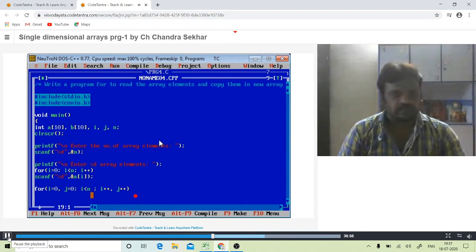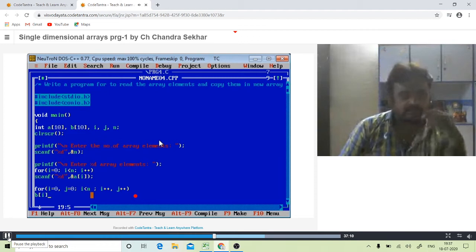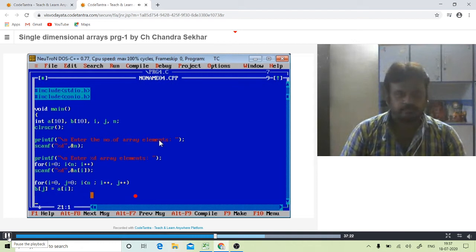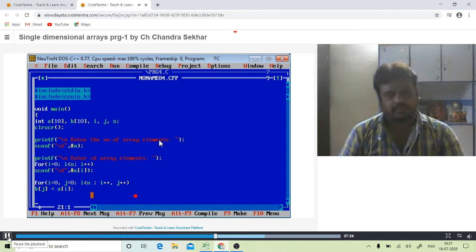Now if the condition is true, I am moving element by element from array A to array B. So I am copying the A array elements into the B array: B of j equal to A of i. After moving all the elements from one array to another array, I am printing both arrays.